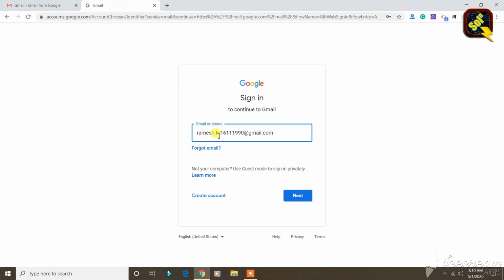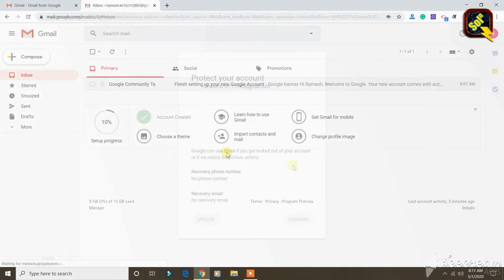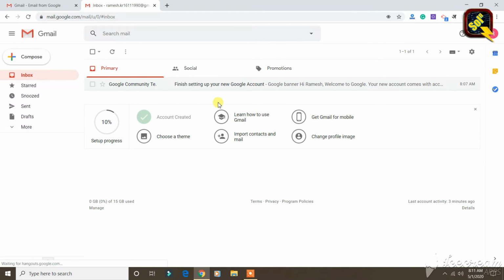Once you enter your email ID, just click on next. It will then ask for the password. Once you enter the password, click on next. After clicking, you will be redirected to this page.